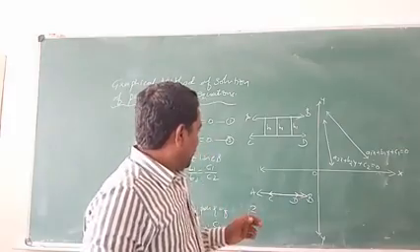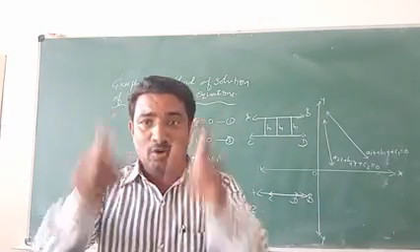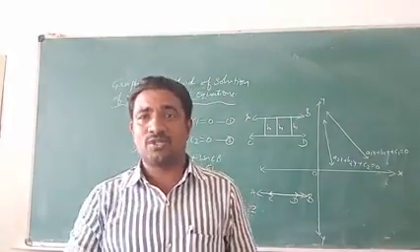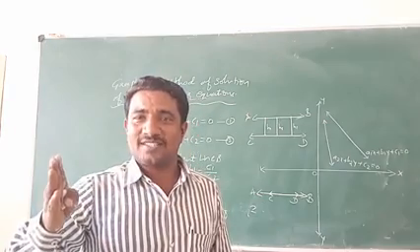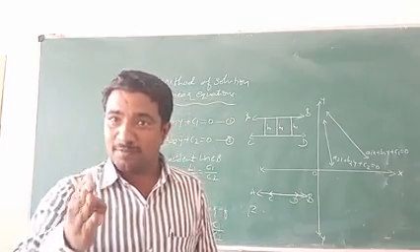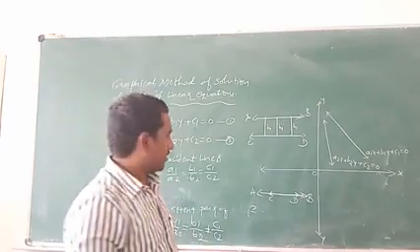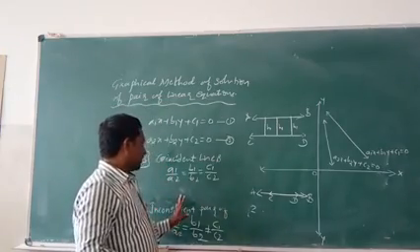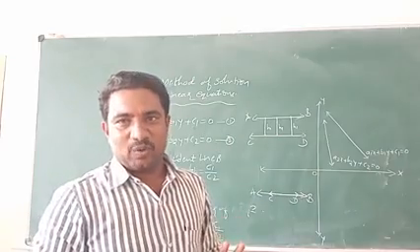AB and CD have their own equations: A1x plus B1y plus C1 is equal to 0 and A2x plus B2y plus C2 is equal to 0. These have many points. How many points do the equations have? An infinite number of points, infinite number of solutions. So the first one is a consistent pair of linear equations, the second one is inconsistent, and the third one is coincident.